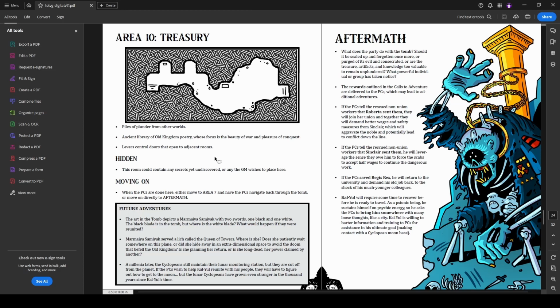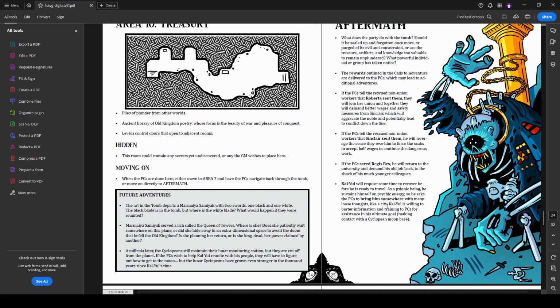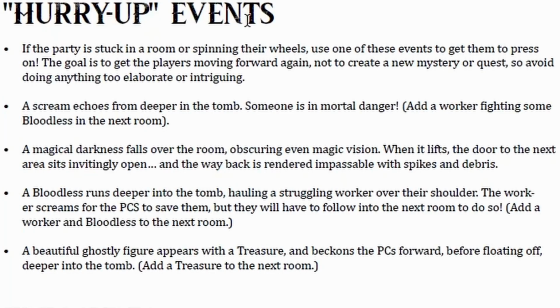Area 10 contains a treasury, so you can find all kinds of wonderful treasures here. The aftermath, outlining what happens in their different scenarios for the party, with a nice picture of Calule here, which I love. The brief description of the NPCs and monsters as an appendix. There are some hurry up events provided, so if the party is kind of lagging and you want them to hurry up, you can use some of these events to kind of provide them with